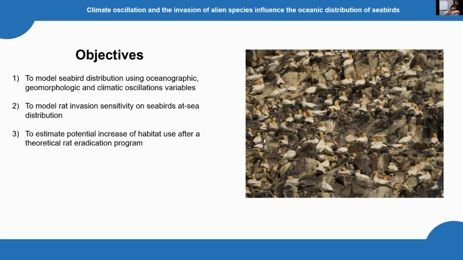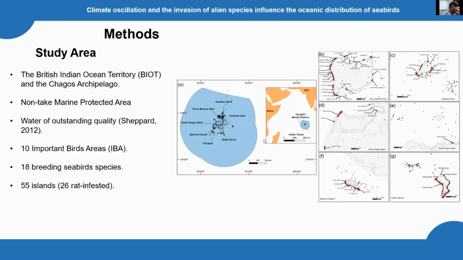So basically what we wanted to do is first of all model seabirds, then model the effect of rats over seabirds, and then try to figure out what would happen if there were a theoretical eradication of these invasive species. And why did we choose this area? Well, first of all, because we got data from there, and it's also particularly interesting that the Chagos archipelago in the British Indian Ocean Territory is located just in the middle of the Indian Ocean. So basically, we can first of all find out what the differences are between phases of the Indian Ocean dipole. Second of all, it is really interesting to know that